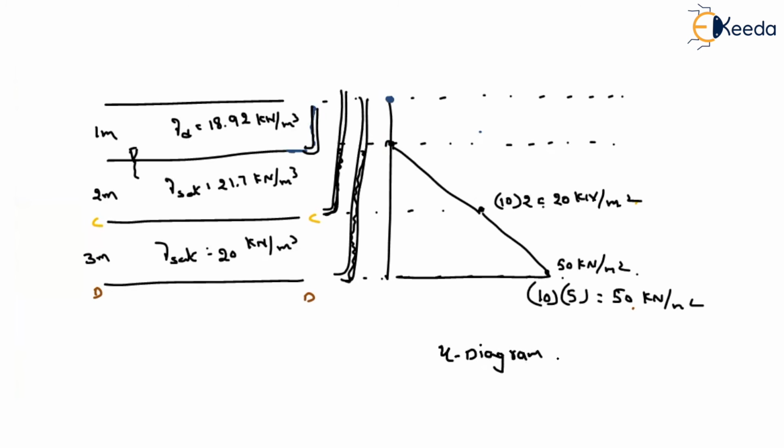That's it. If you want the effective stress, then subtract the one from the other. Suppose I want the effective stress at D, what is the total stress at D? If you imagine, it came to be around 122.3. And what is the pore water pressure at that point? 50. 122.3 minus 50, if you solve this, how much will you get? 72.3 kilonewton per meter square. After finding the pore water pressure and the total stress diagram, subtract the pore water pressure from the total stress. That is nothing but your effective stress at a point.